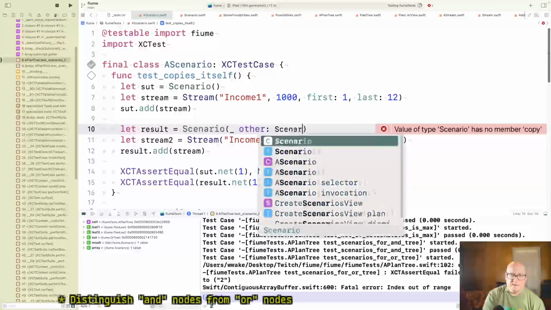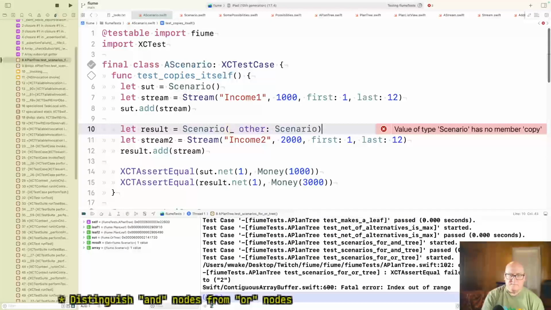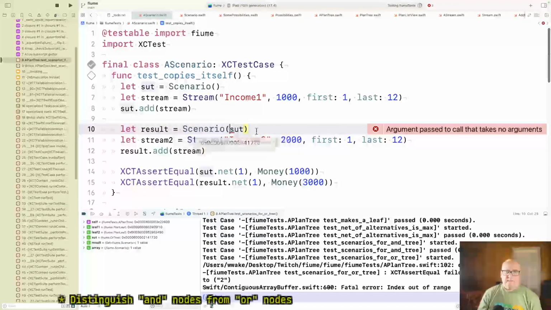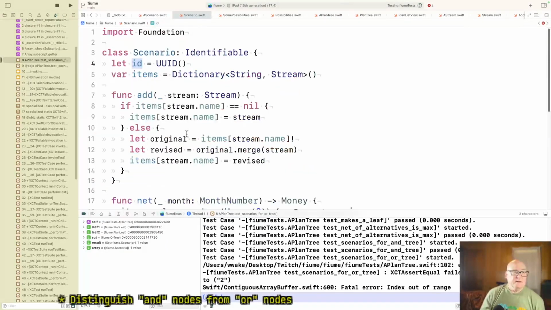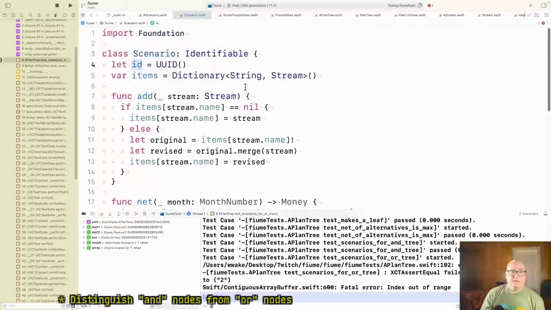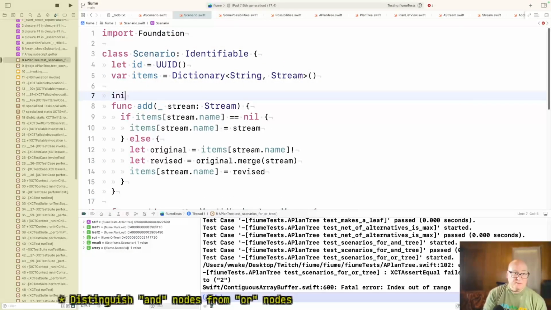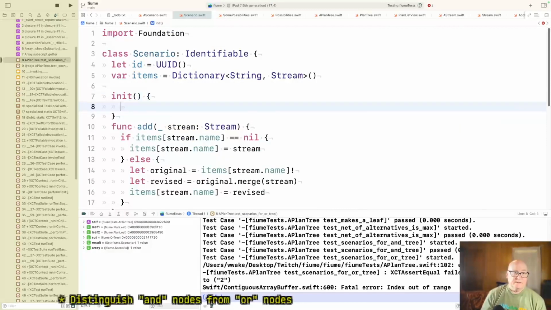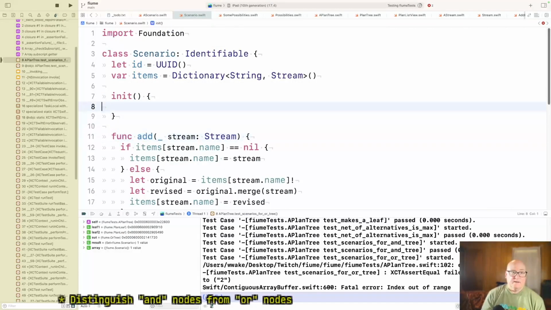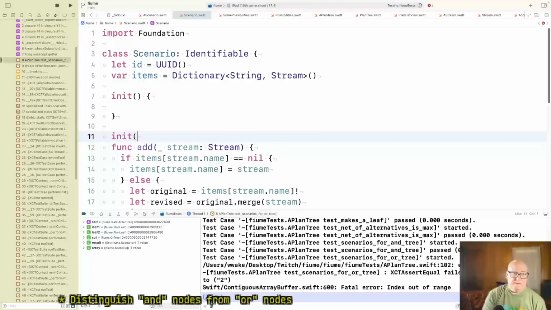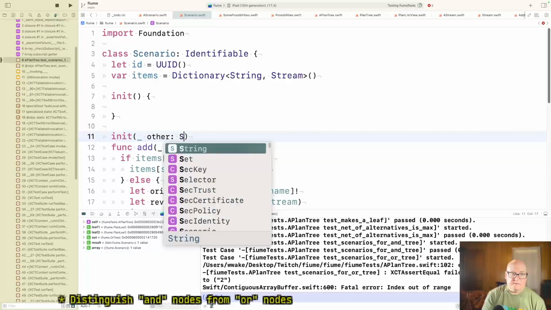Other scenario. Well. Okay, so right now we have the no arg constructor, but we're going to add this one. All right, so let's do that. That means we have to be explicit about both of them. Init. And then init of other scenario.